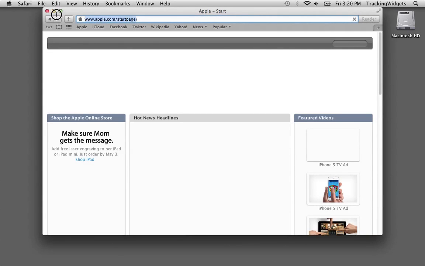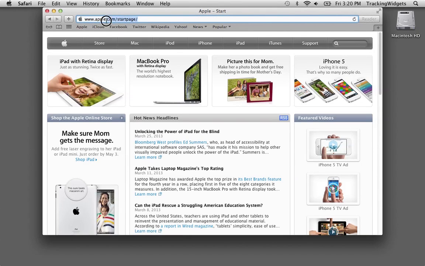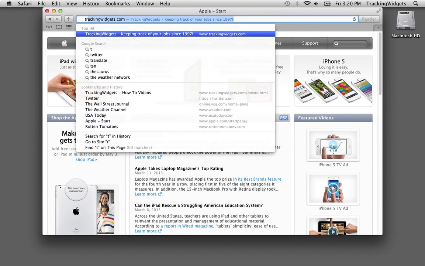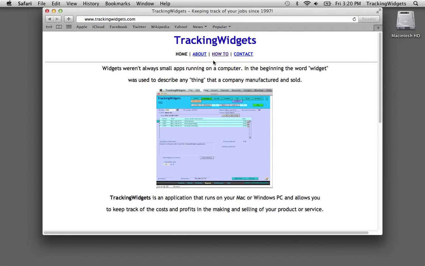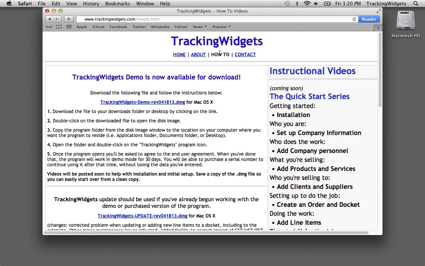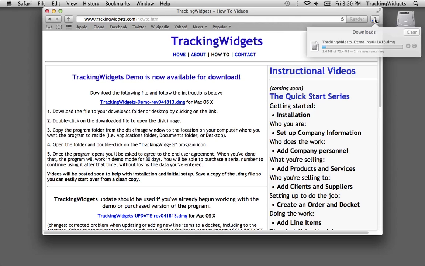We're going to go to TrackingWidgets.com and go to the How-To page. And what we're going to download is TrackingWidgets Demo. It may be a different version by the time you do it, but basically it will be the first item on the list. And we go to the downloads, we can see that it's going to take a couple